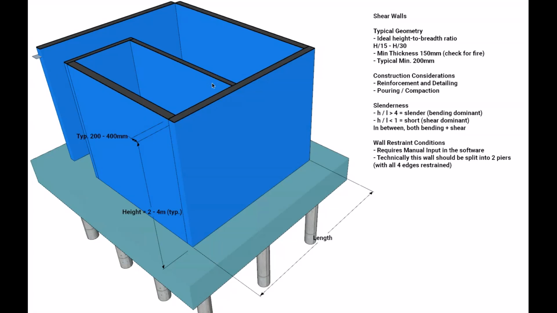So it's something you'll need to manually input, whether it's restrained on all four edges or just at the top and bottom, or whether it's even a cantilever wall. So that's very important to input into the design module. And so one of the other key